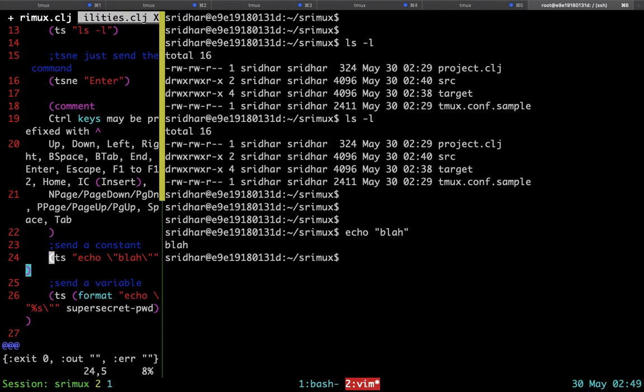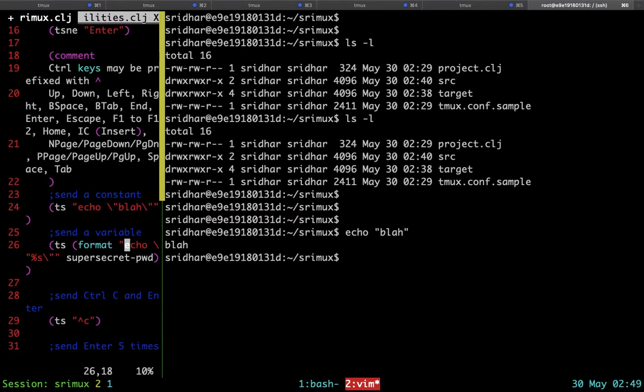But before that, let's take a little look at how enclosing works. So let's get to the echo command. So if you hit the CPP keystrokes now, nothing will be sent to the right pane. The reason is the most enclosing S expression is not TS but format. Let's try this.